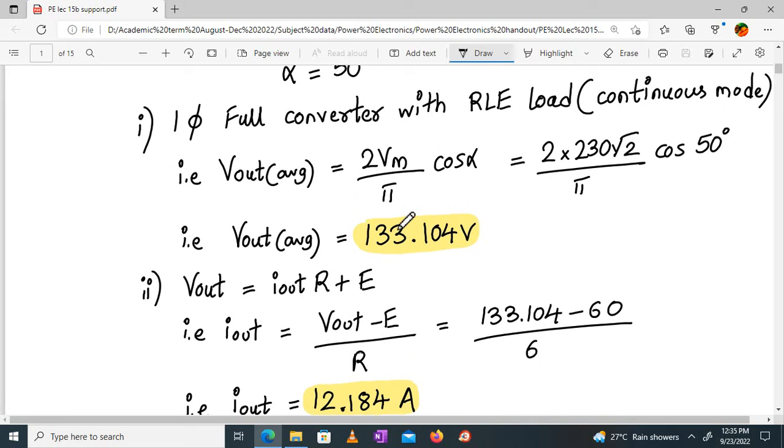Now, average value of output current, here is where many people go wrong. ये RLE लोड है, L का फर्क नहीं पड़ता, L नहीं आता है, but E है ना. So when there is RLE, this is what I wanted to tell you. Whenever current flows to this, कुछ नहीं हो रहा है. क्यों जीरो है? बिकॉज वो पास कर रहा है एनर्जी, it's supplying the energy and then is releasing the energy. एवरेज तो क्या है ना. And of course